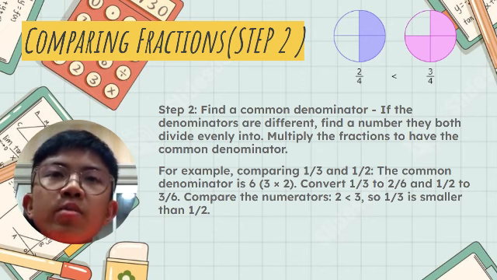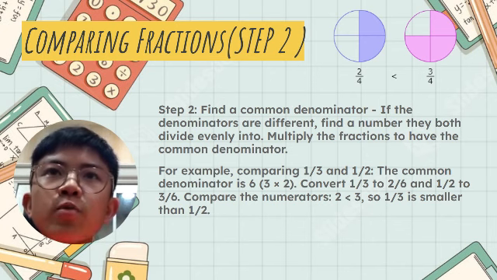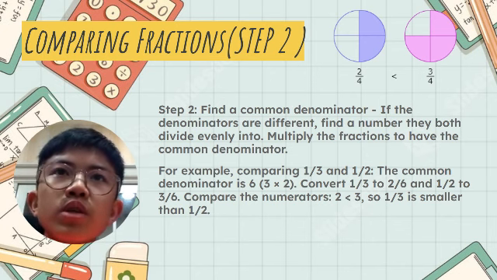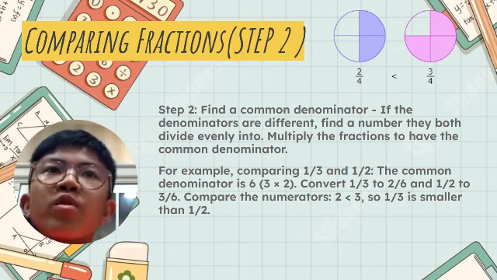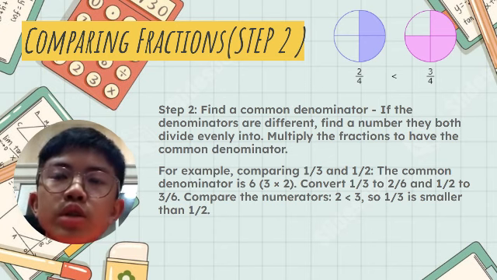The common denominator can be found by multiplying 3 and 2, which gives us 6. We convert 1 over 3 to 2 over 6 by multiplying the numerator and denominator by 2, and 1 over 2 to 3 over 6